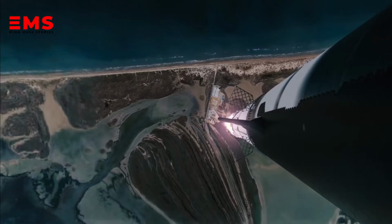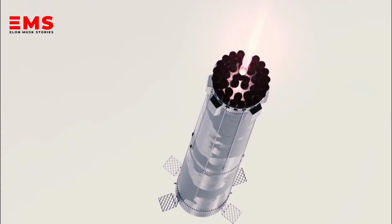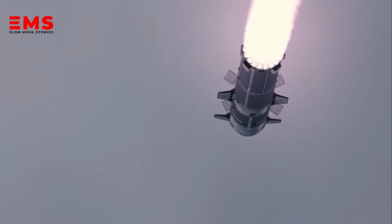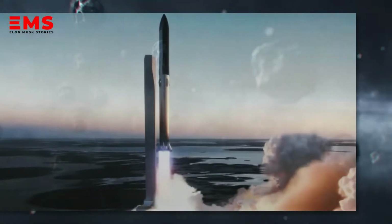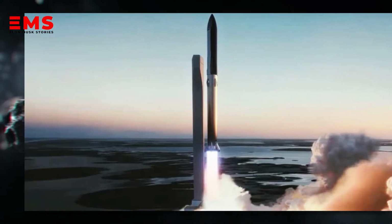A typical rocket discharges the lower stage after delivering payload to space. This is in keeping with the laws of physics. However, SpaceX is unbelievably skipping designing a separation mechanism. A few months back, Elon Musk appeared in an interview where he gave a comprehensive overview and description of the separation system mechanism. According to him, nothing new has been added either to the Super Heavy or Starship to achieve